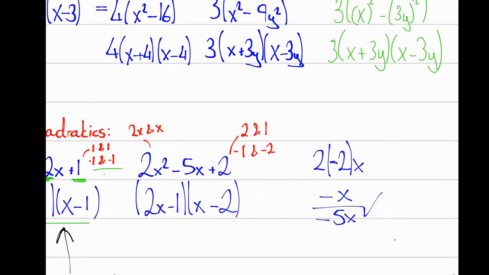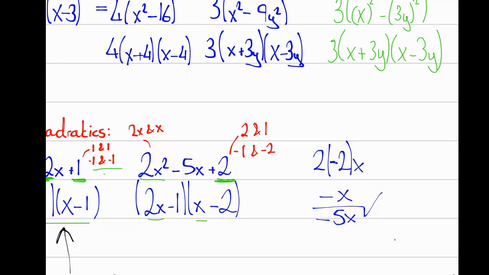Another example over here, which is slightly more complicated. We need to look at this first term. So we have a 2x times x gives this term here. So we're going to put 2x times x down in the brackets below. Next, we're going to look at this 2 here. Now, plus 2 is given by the product of 2 and 1, or the product of minus 1 and minus 2. So what we're going to do is experiment and see whether 2 times one of these numbers